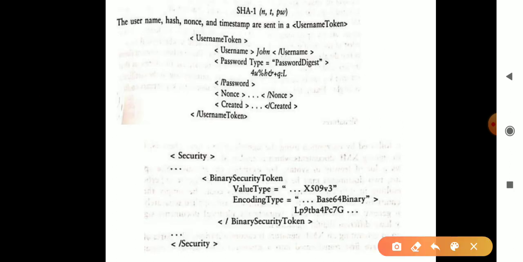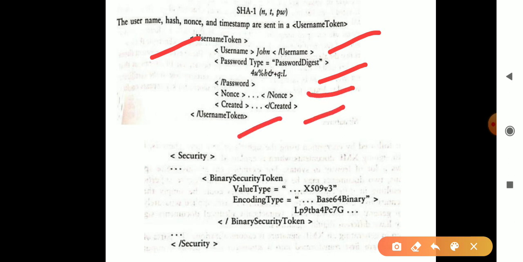Now you can see in this example the username that is being provided in the token. So you provide the username, you provide the password, and a nonce value is created for every username. Anytime you log in to a web page, usually the sign-up procedure follows with the email id and then the password, followed by two-way verification in case you have been authenticating twice, and after that an OTP is generated and then verified. So this is how the message exchange is being carried out.